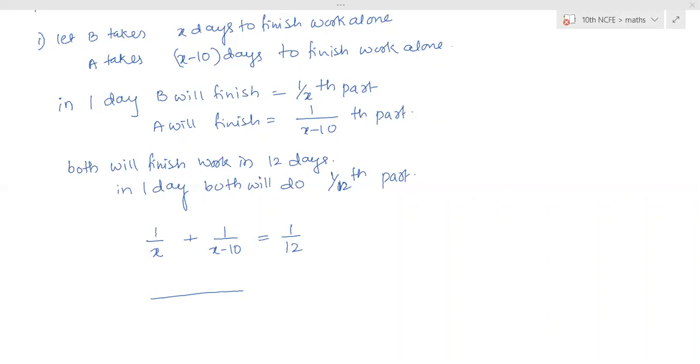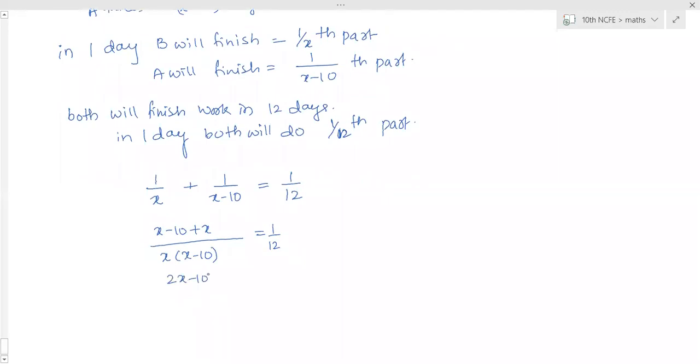So here, Santosh, Vishnu, Shreya, Samriddhi, is that clear? Yes, ma'am. x into x minus 10. So x minus 10 plus x is equal to 1 by 12. So 2x minus 10 into 12 is equal to x square minus 10x. So 24x minus 120 is equal to x square minus 10x. 0 is equal to x square minus 10x minus 24x plus 120. This is equal to x square